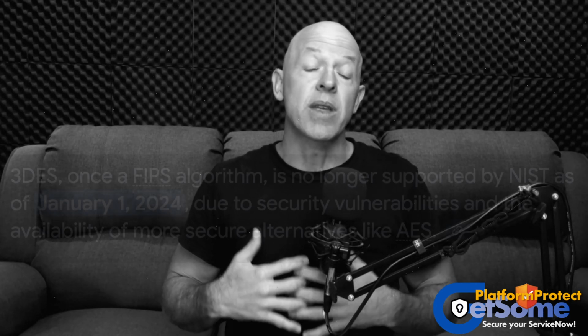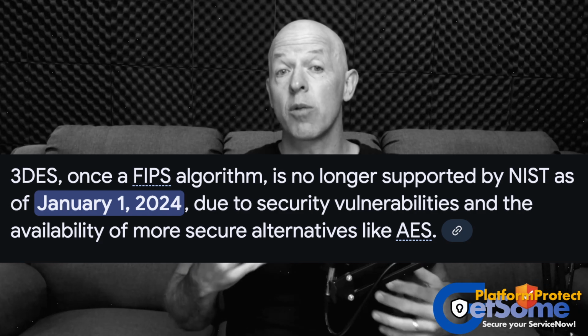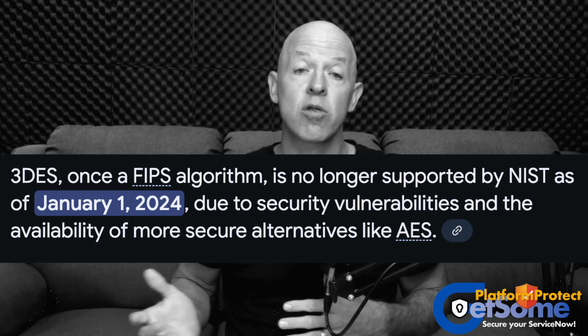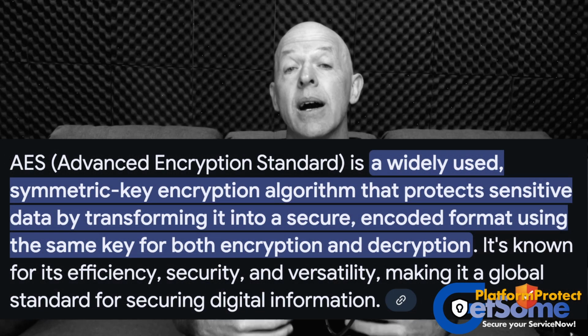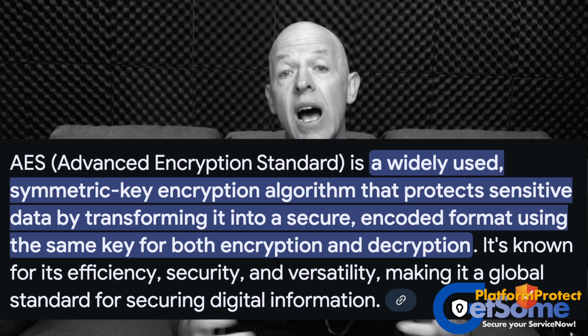Now, Triple DES is being deprecated because it's no longer considered secure. It's no longer NIST compliant. So if you're operating in the States, you need to be operating under NIST guidelines. So you need to replace it with something like AES, which is Advanced Encryption Standard, which is now what the